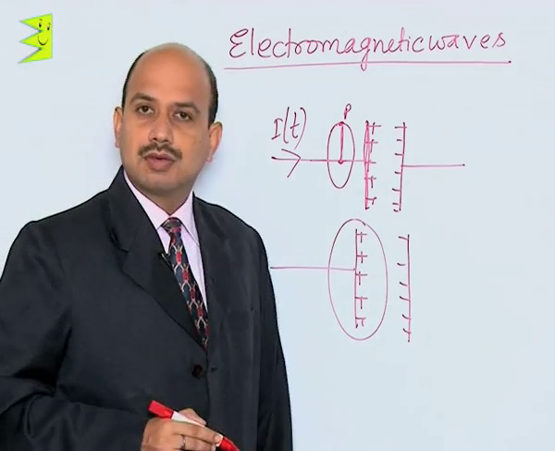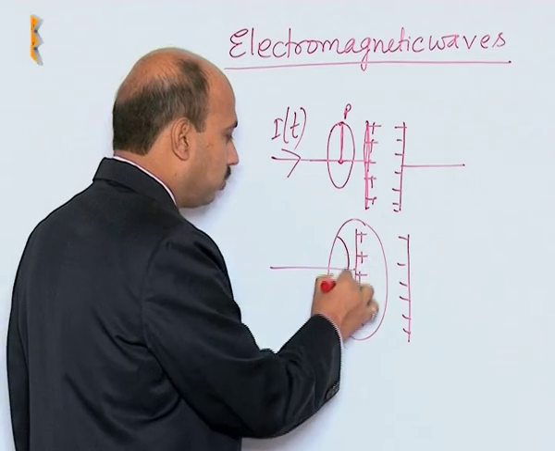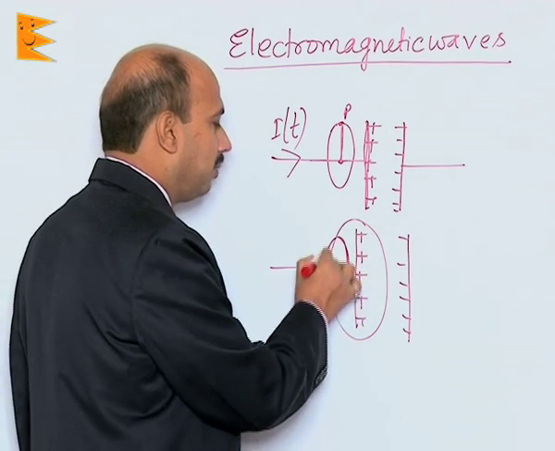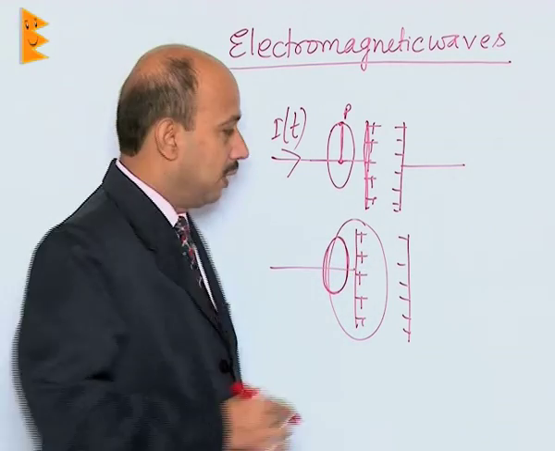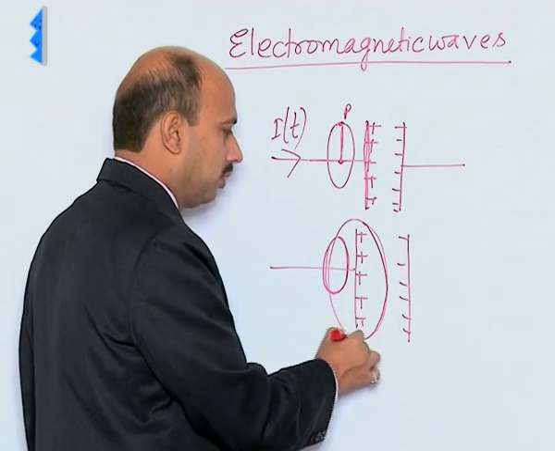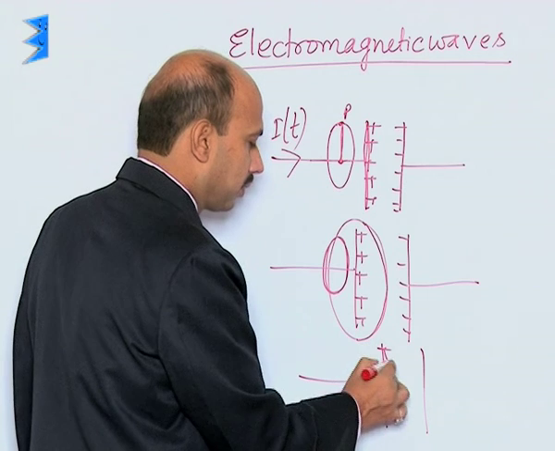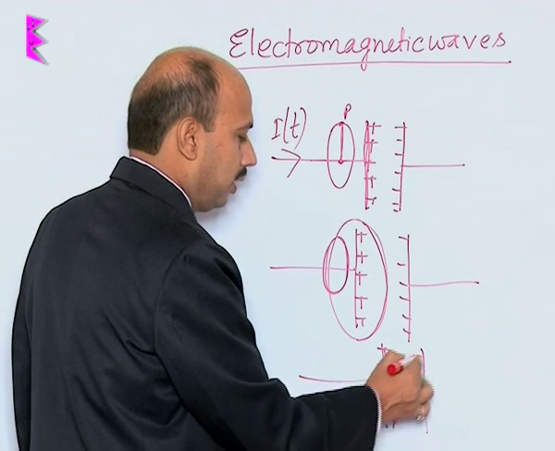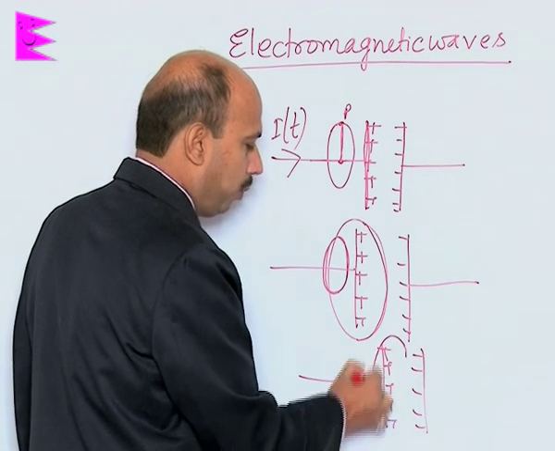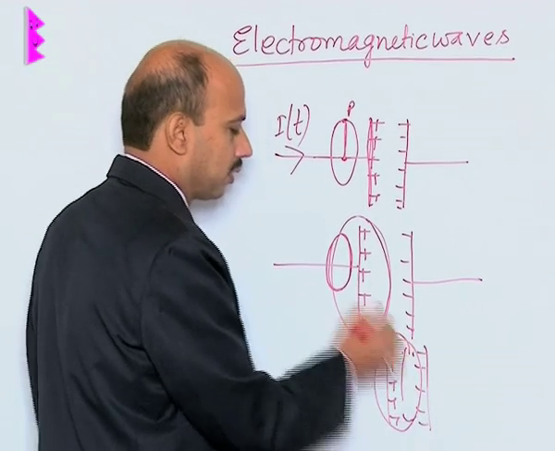In this case you can get the magnetic field, but when you take the loop over here, on the side of the negative plate,